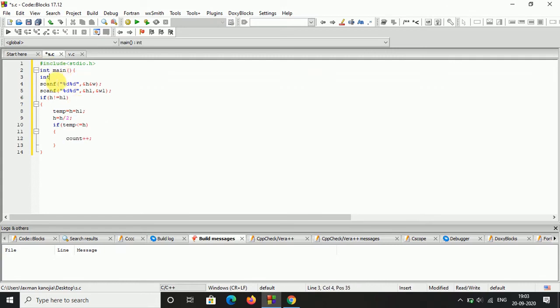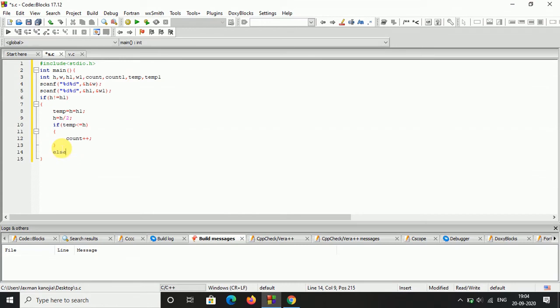I'm taking count plus plus, so I have to give the variables h, w, h1, w1, count and count1. Why I'm taking count1, I will tell you afterwards. And this temp also, temp comma temp1. Okay, and that is the if condition.